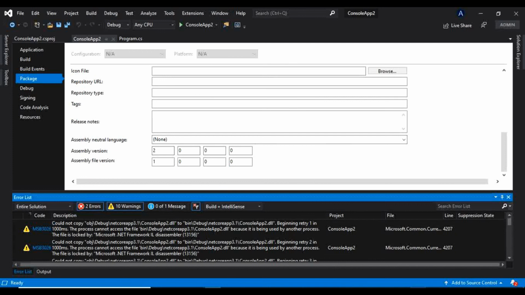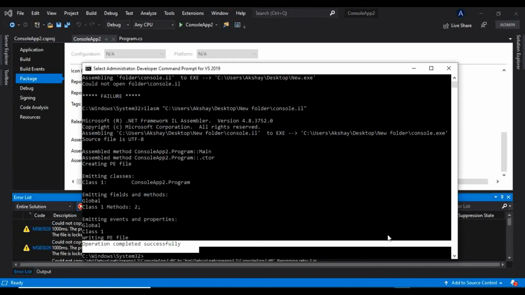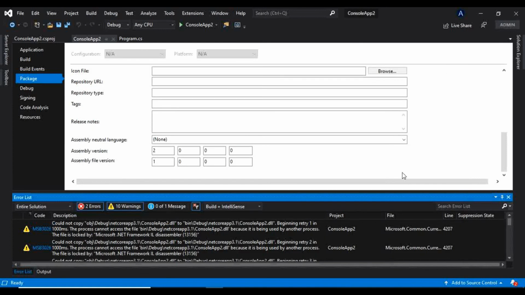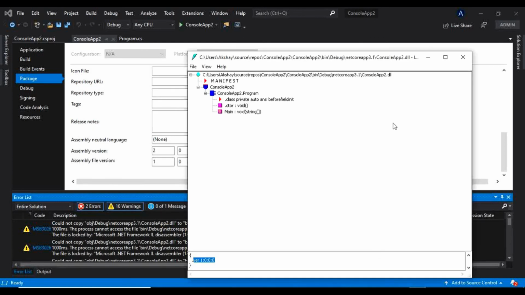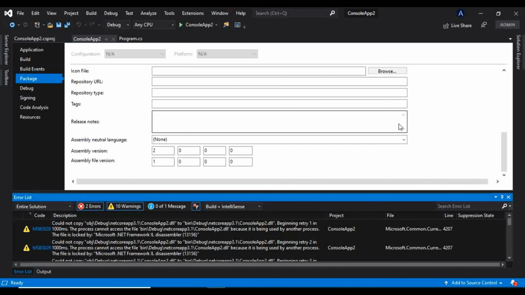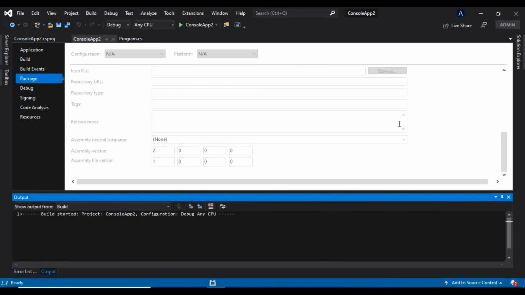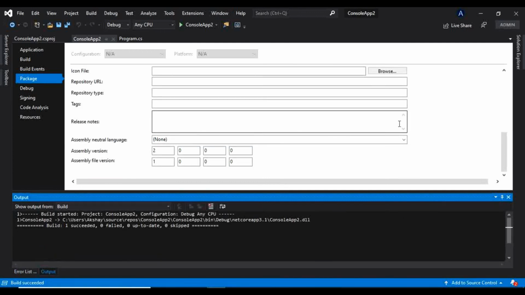First we have to close that. Now I will build this again. Okay, so build succeeded.